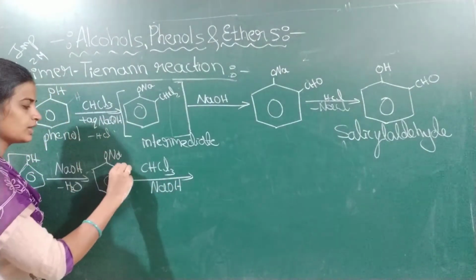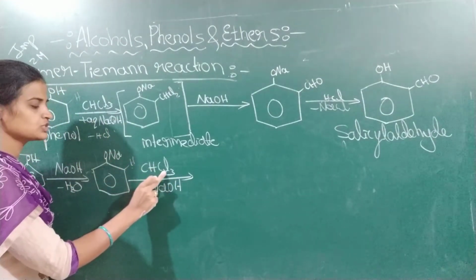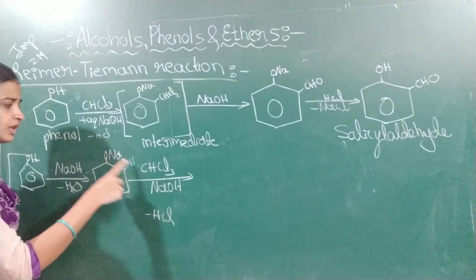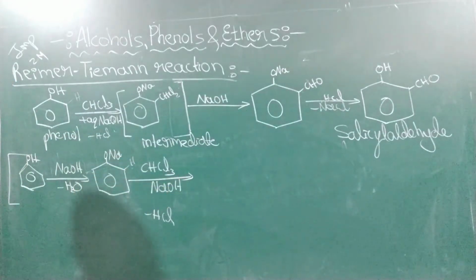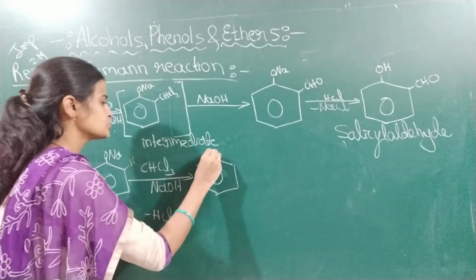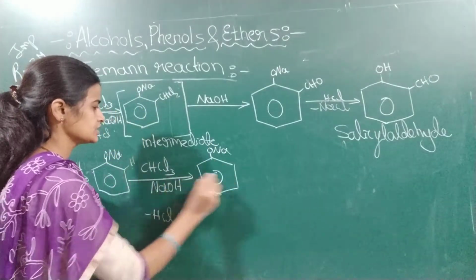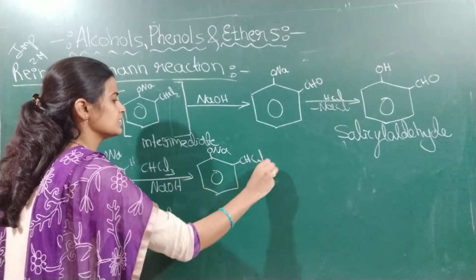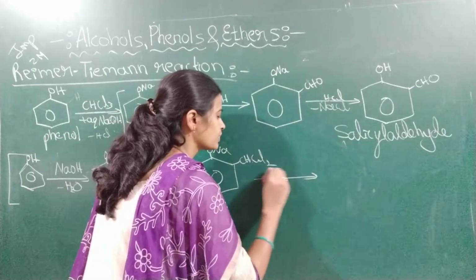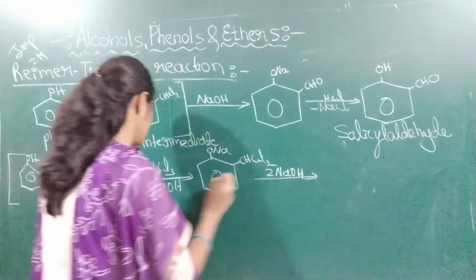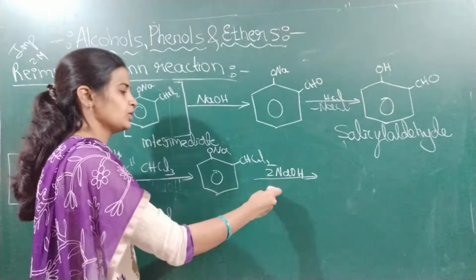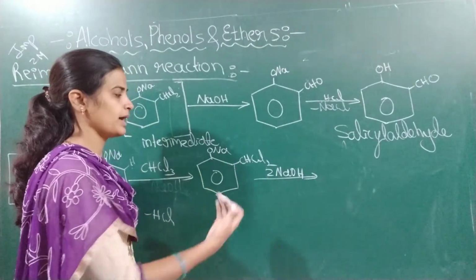Okay, now you can see here one hydrogen will be there here. This hydrogen takes one Cl, therefore HCl will get eliminated. Okay, and this HCl will get eliminated to form what? To form this, ONa remains as it is, and CHCl2. Okay, now when this is treated with 2NaOH, okay, instead of that here we add the NaOH in the next step. Okay, 2NaOH means I want 2 Nas to balance.